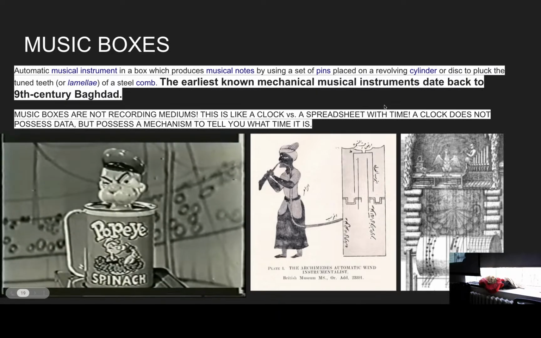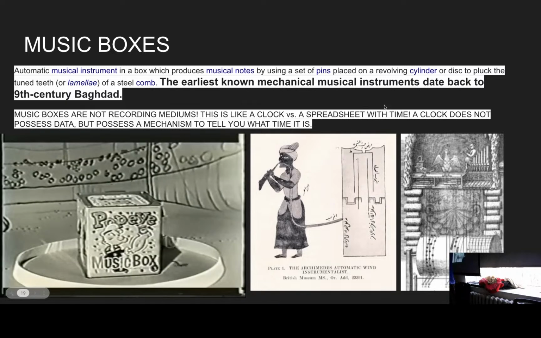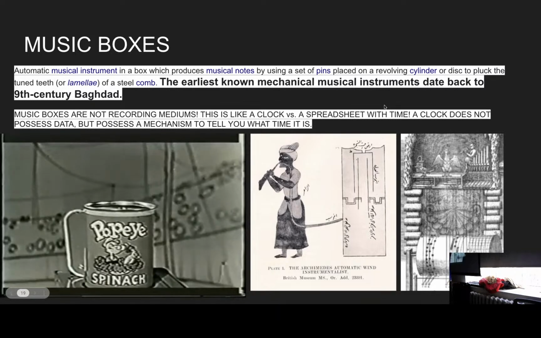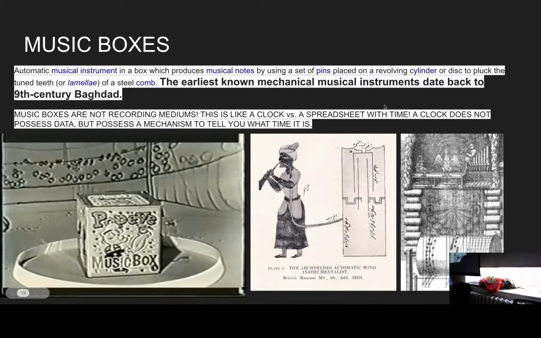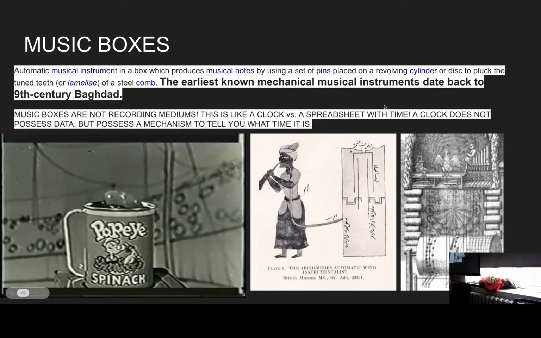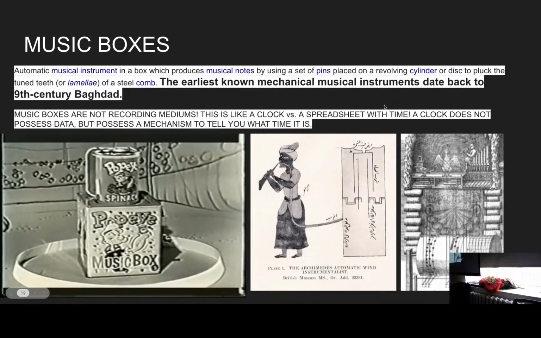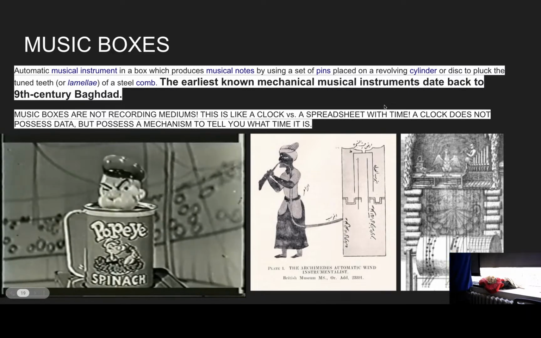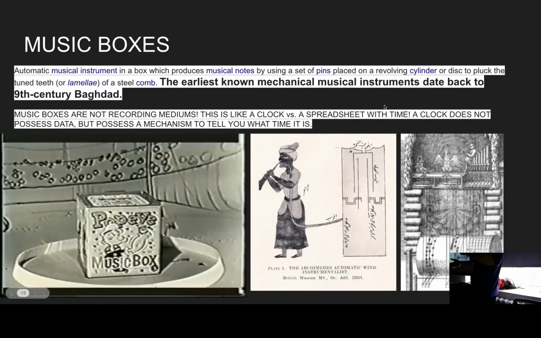Imagine a thing that you were blowing some air into, and depending on where the air was going, there were different tubes. If you open this tube and close this tube, it would sound in a certain way, but if you close the other tubes, it would sound in another way. I understand that's not exactly a synth, but it's the closest thing,